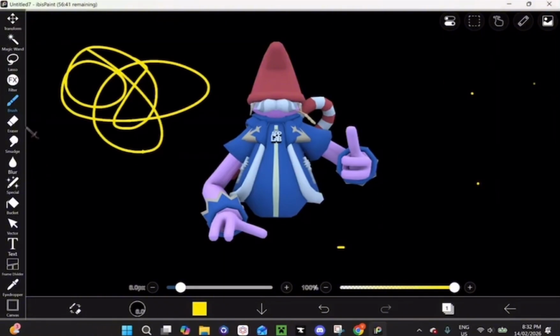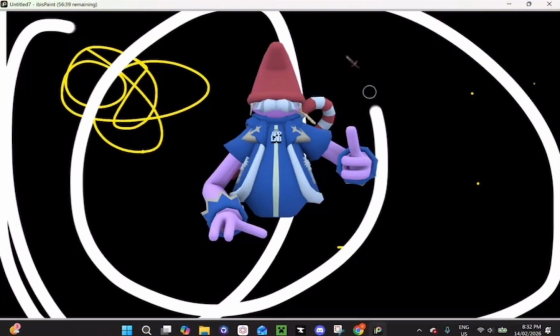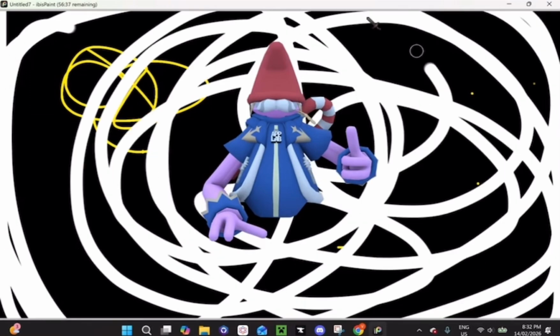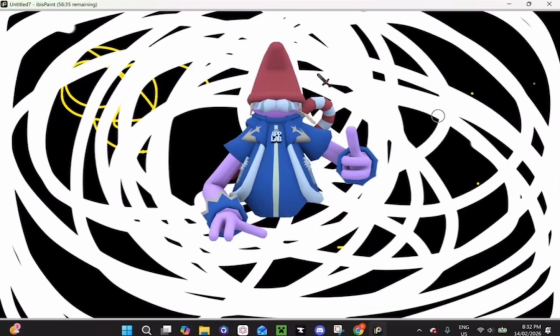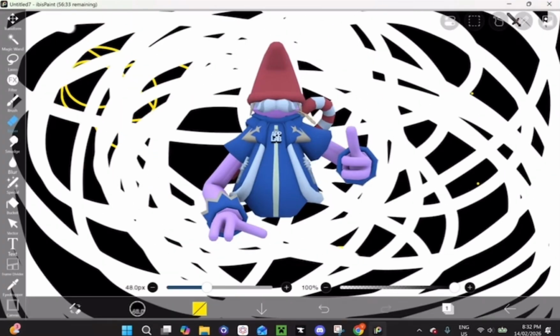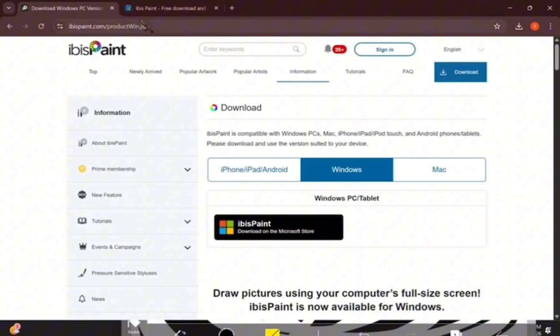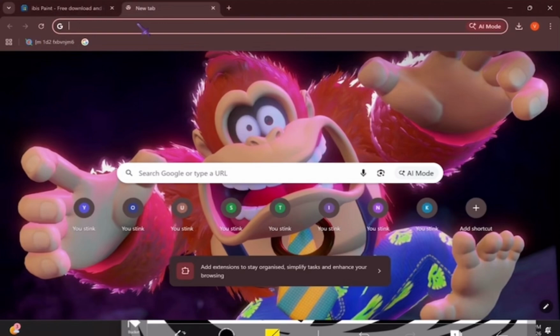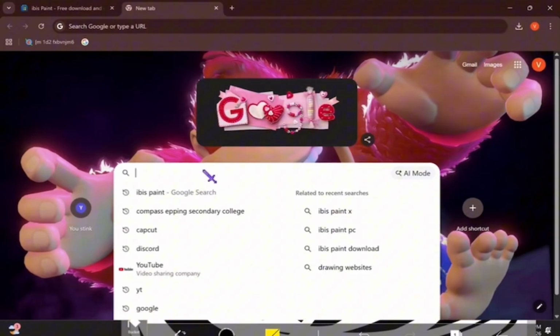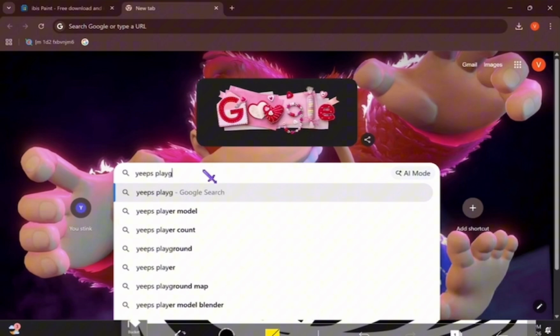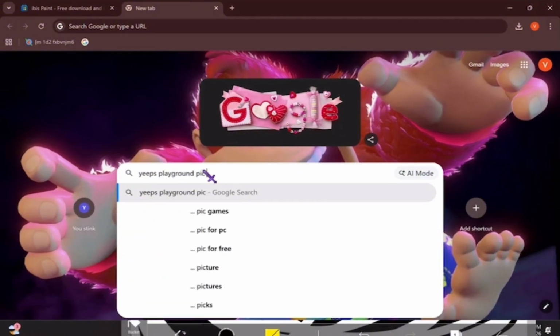Let's say you want to draw in the background, but let's say you don't want to do any of that. And you want to put a picture in the background. So this is how you do that. So we get rid of this. You go here, hit plus, write any picture. So I'm going to search up Yeeps playground